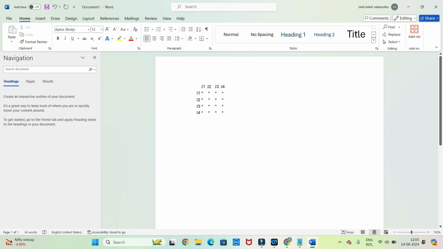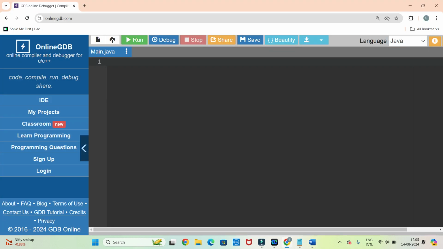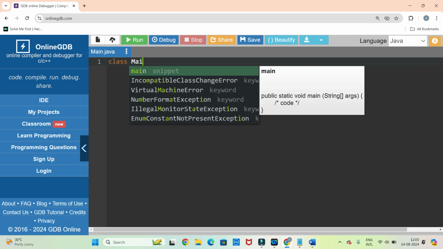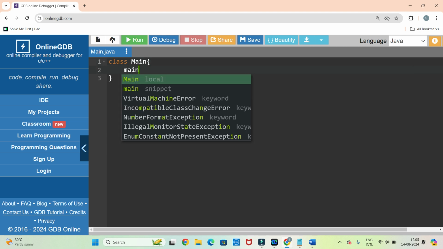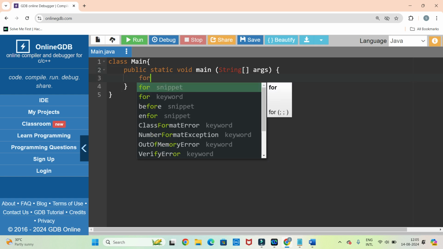So you can understand we took the rows in the form of I and the columns as J. Now I'll tell you why we took it like this. For the class, let me take main. If you type main, you get public static void main. Here you're going to put a for loop